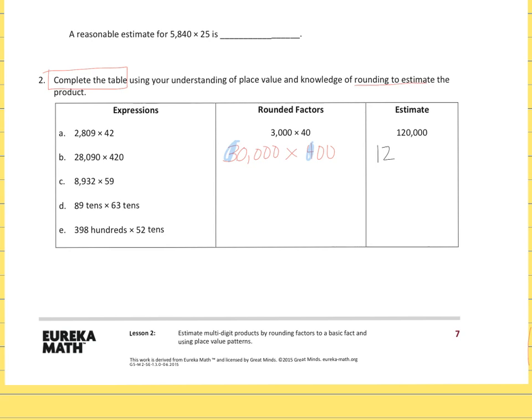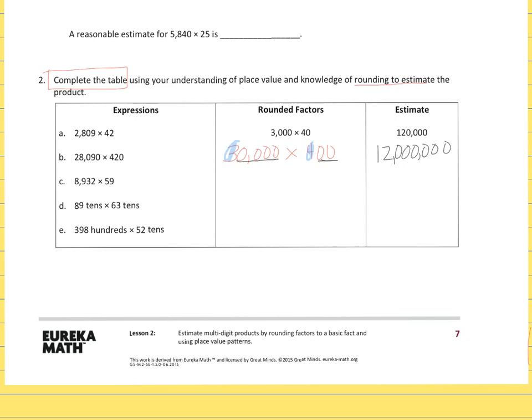And then you have these 4 zeros here, these 2 zeros there. That's actually going to be millions, a million. So we're going to have 12 million. We're going to have 12 and 6 zeros at the end. So we have a comma there and a comma there. Next one, we've got